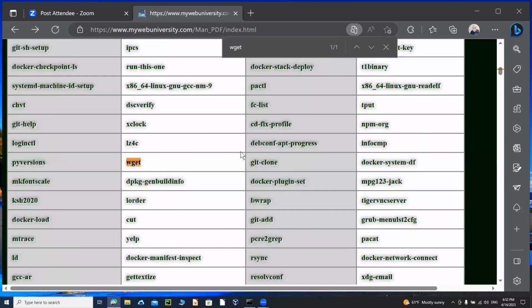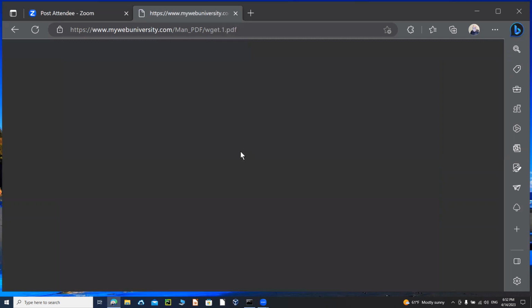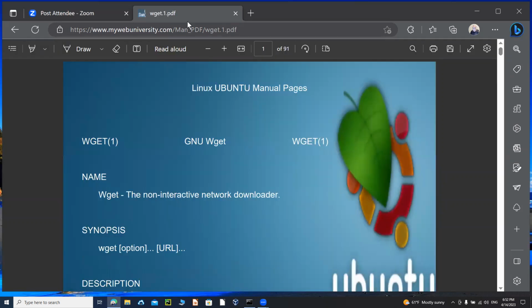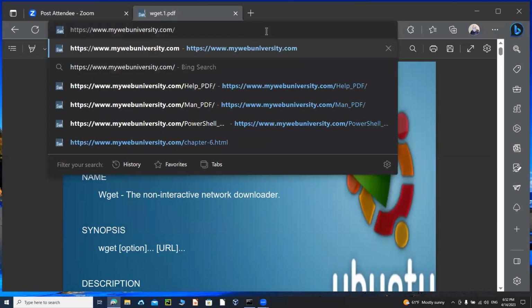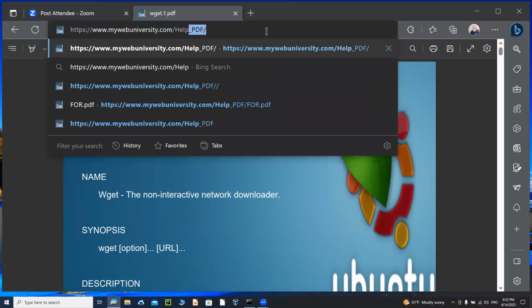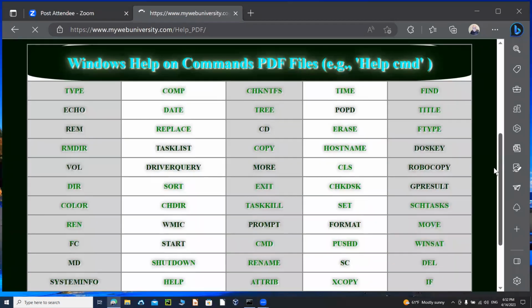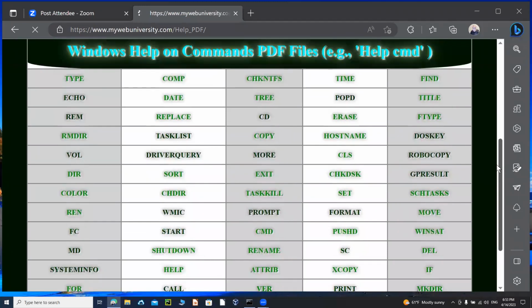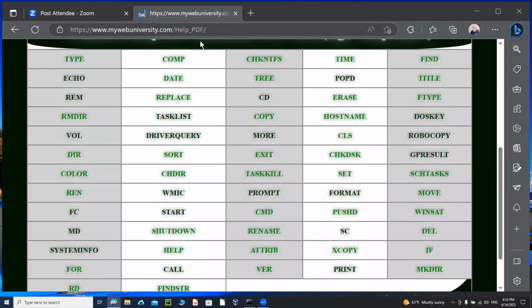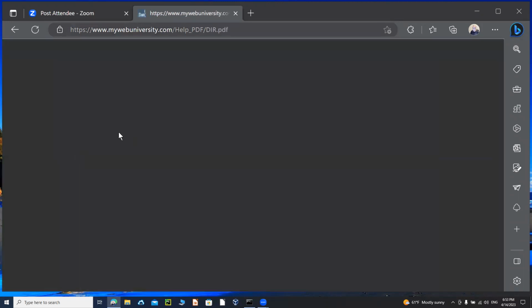You can just click on wget and do that. Similarly, with any other Linux command, you get the manual preview. In addition, on this website, I told you that I have help for Windows. For the 62 Windows commands that are there, I have it here as the printout. So if you're looking for any of these commands directly on Windows, what it does, you just see